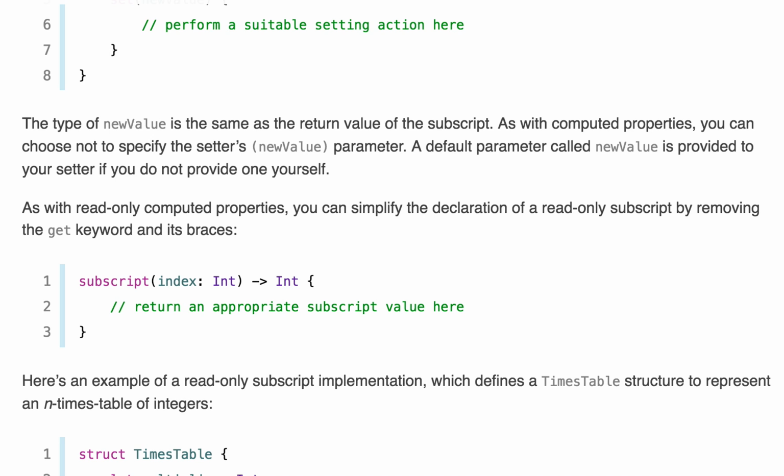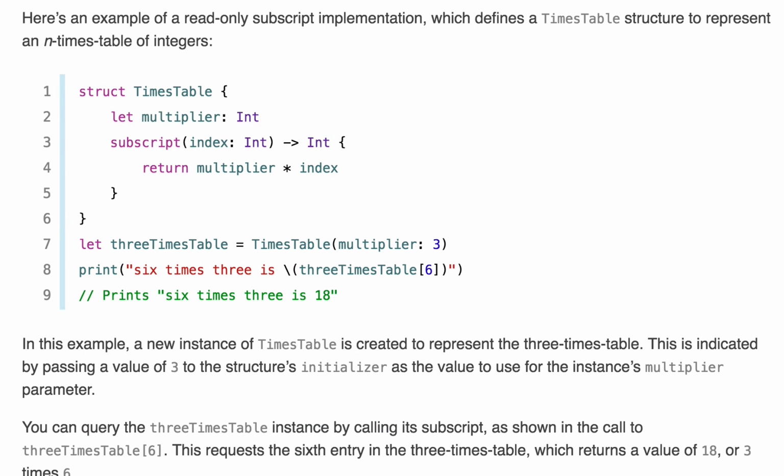As with read-only computed properties, you can simplify the declaration of a read-only subscript by removing the get keyword and its braces. subscript(index: Int) -> Int, and return an appropriate subscript value here. Here is an example of a read-only subscript implementation, which defines a TimesTable structure to represent an n-times-table of integers. struct TimesTable { let multiplier: Int; subscript(index: Int) -> Int { return multiplier * index } }